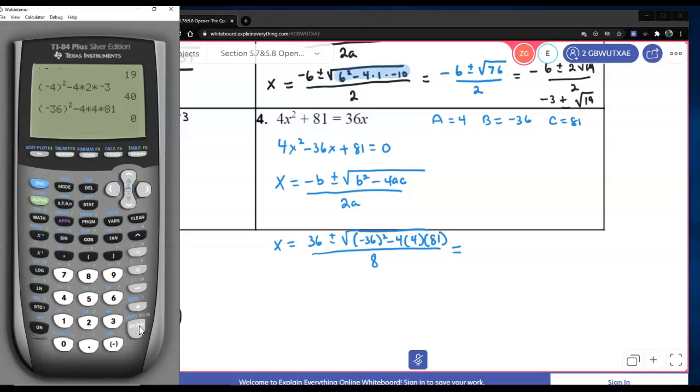That's 0. Just to make sure, we have negative 36 squared minus 4 times 4 times 81, and that's 0. So what are you left with? 36 over 8, which you know has a 4 in common, which is 9 over